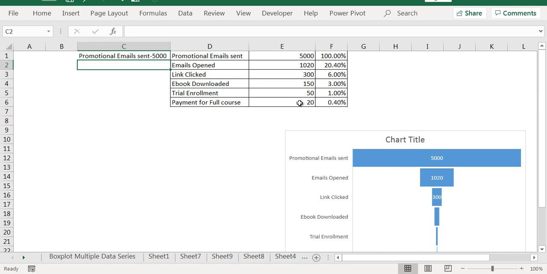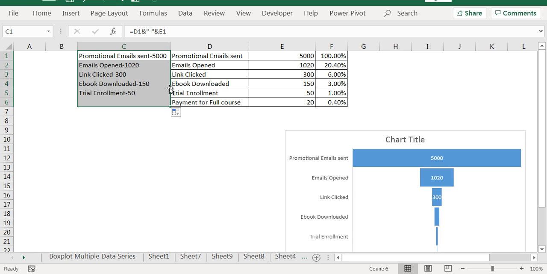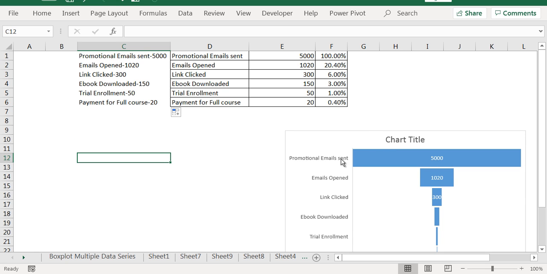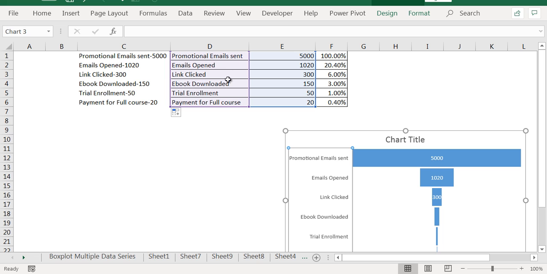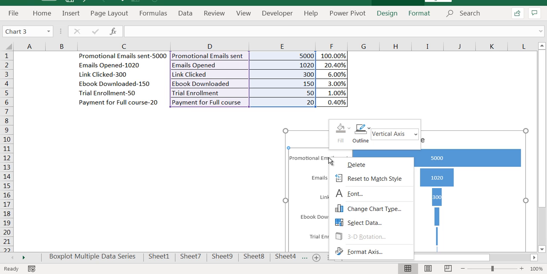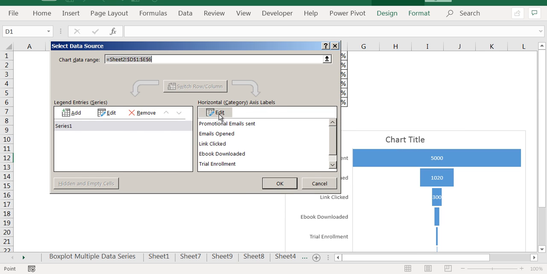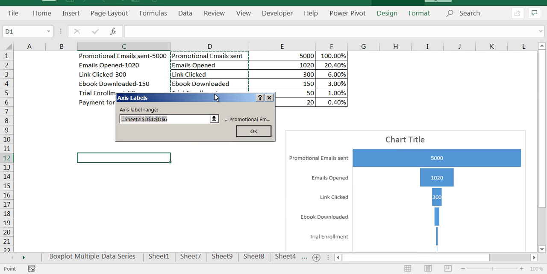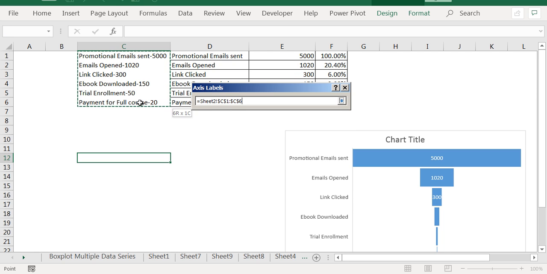So if I double click, I know this data 5,000 here, and I click here, I know this data. So instead of using this column D, I will use column C for this axis. So I'll say select data and I will say edit. So I will not use this one, I will use this one.